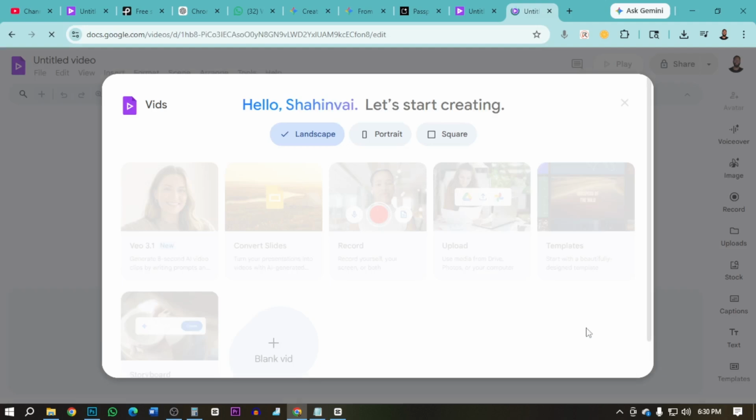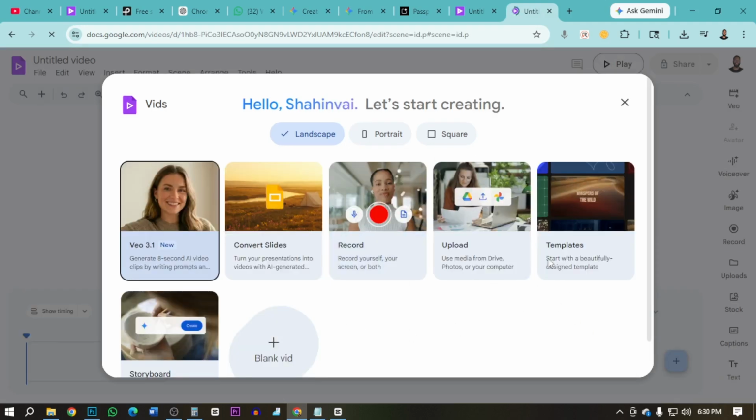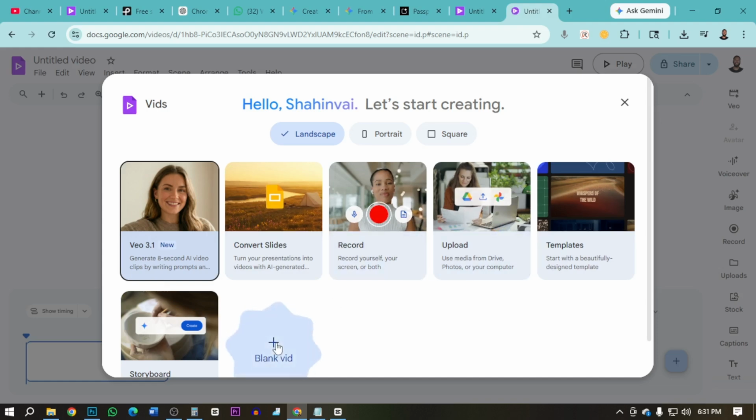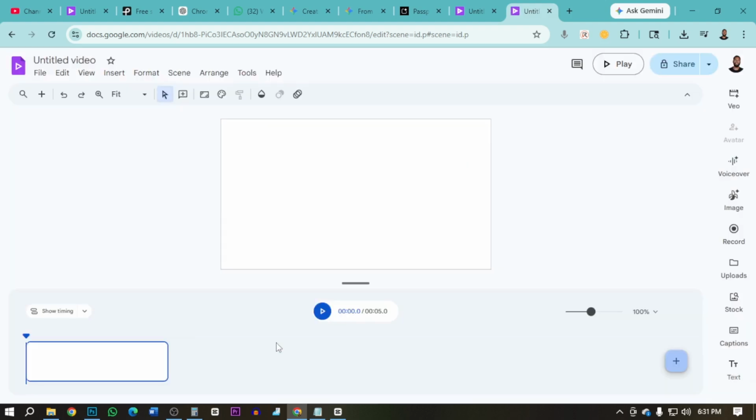You can see it's a home page. From here you can select a ratio: landscape, portrait, or square, and click on any option or click on blank file. Now you can see it's a dashboard or main interface.